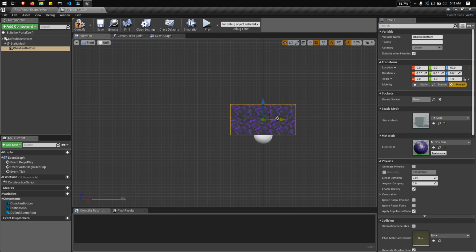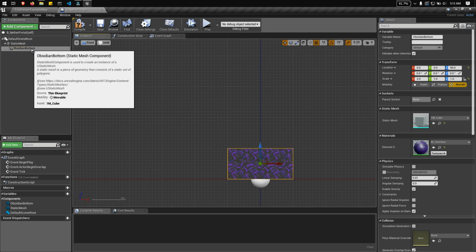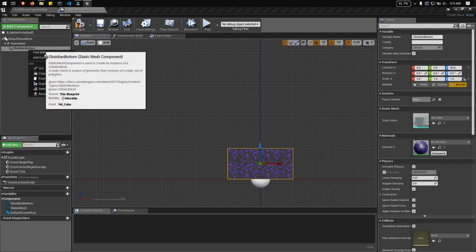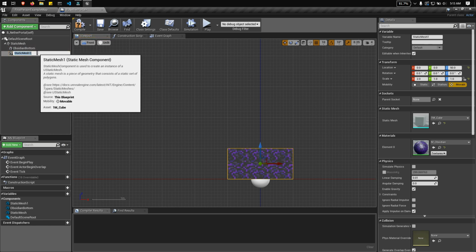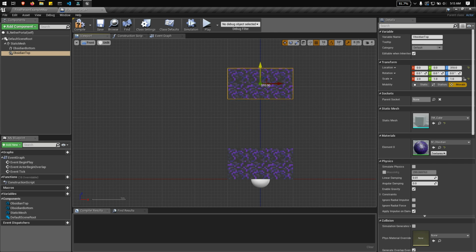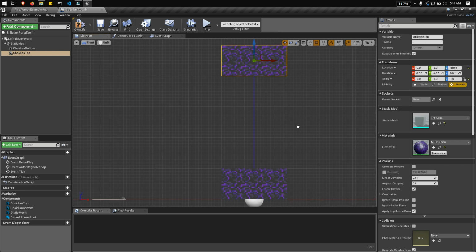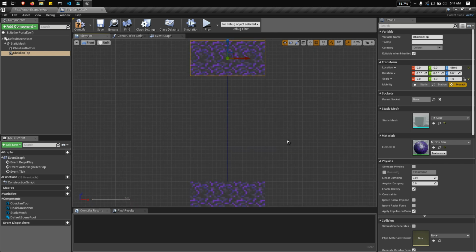Then here we go. We have the first component of the nether portal. So next, we're going to duplicate this. Then let's name this obsidian top. Then drag it on top like this one. As I can remember, the nether portal is 1, 2, 3, 4, 5 blocks tall in Minecraft. So let's adjust this just like this one. You see, the grid is very helpful when you're creating a blueprint actor.